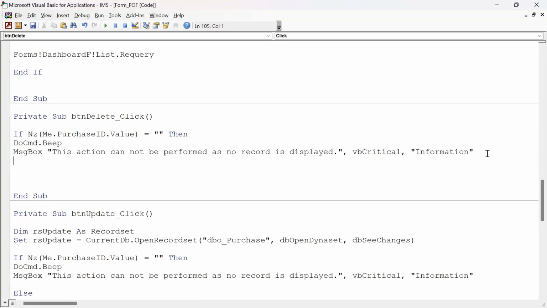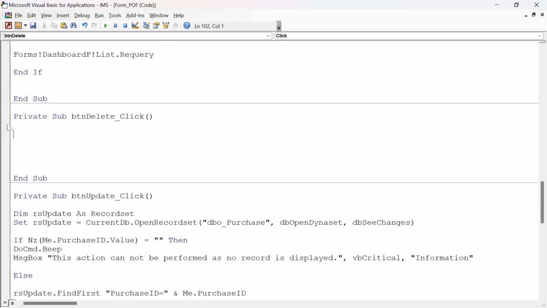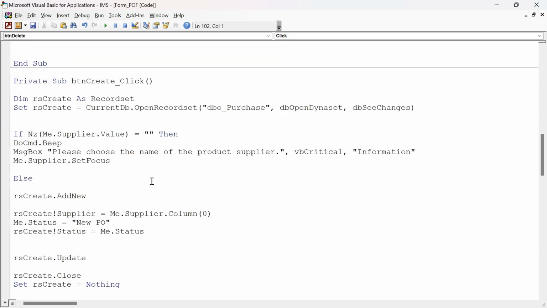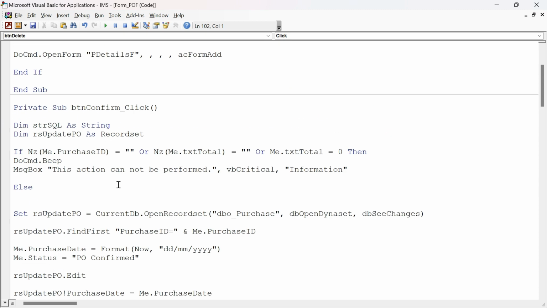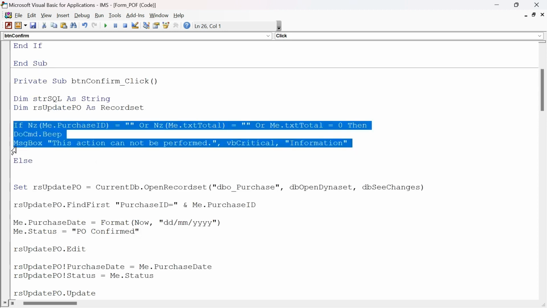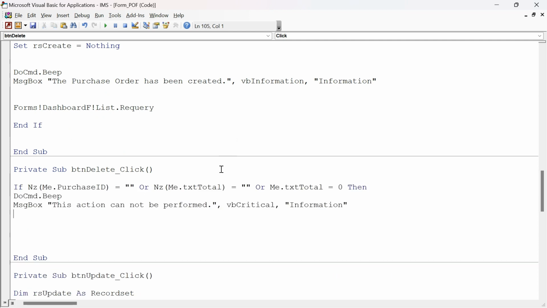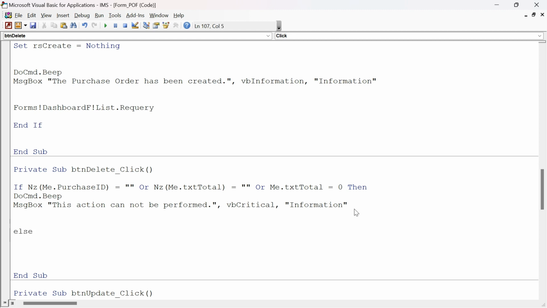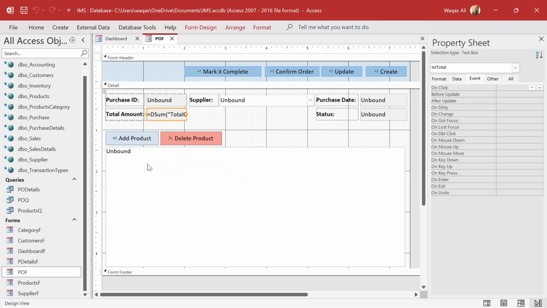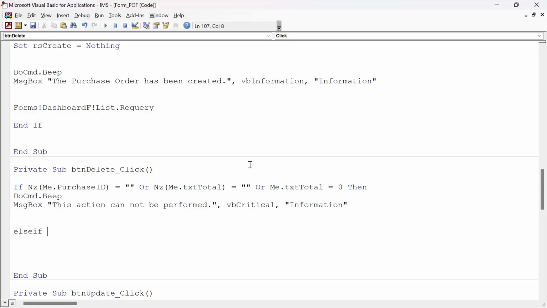So instead of this, I'll copy the code that we have just done behind the confirm button. This is the button and this is the logic. So we will copy the same logic and go to behind the delete button. We also need to provide another logic. So for example, else if. Remember I said that if the status is new, then only it should be deleted, otherwise it should not be allowed to be deleted. And so else if